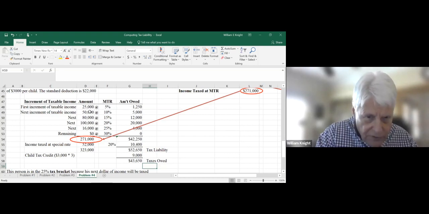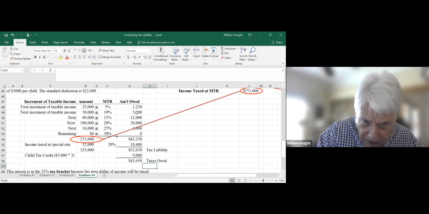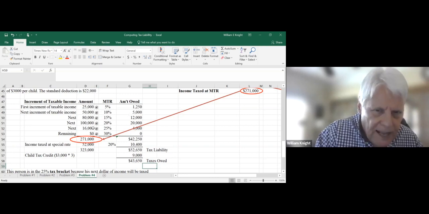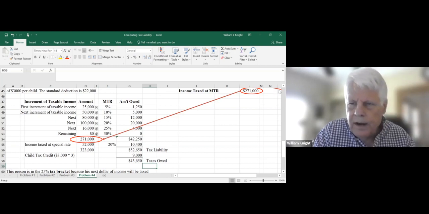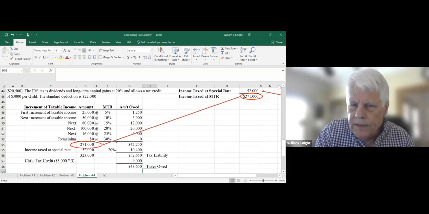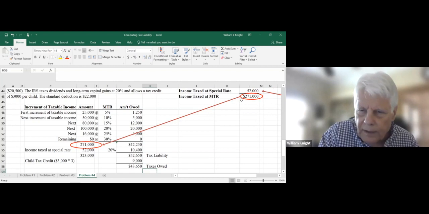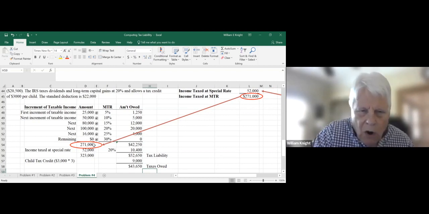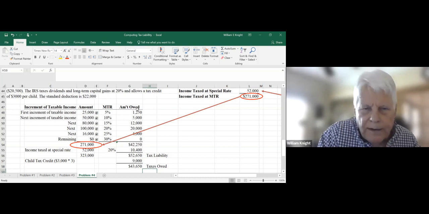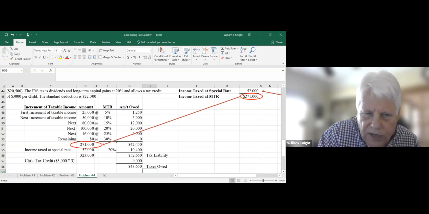The second $50,000 is going to be taxed at 10%, $5,000, etc. So here is the income taxed at the marginal tax rates, 271. Now we're going to add, and by the way, when we add up the taxes owed, we see that on that $271,000, they're going to owe a total of